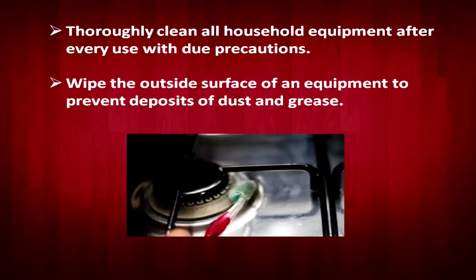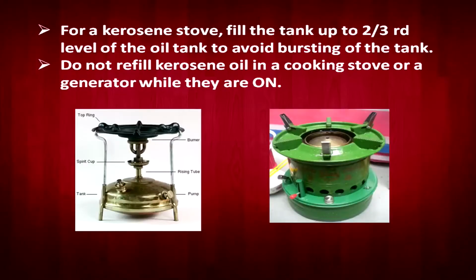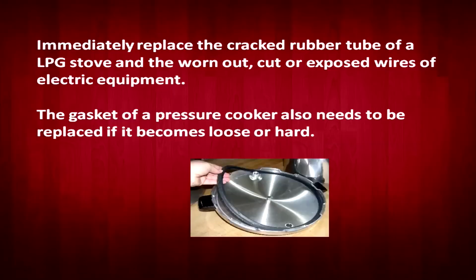Thoroughly clean all the household equipment we have mentioned earlier also. This is the fan that runs, so you don't have to tamper with this thing. You have to just keep it like that and you don't have to put your hand over it, right? Otherwise the air will not come from this vent. So we have to be very careful how to clean it, and we have to clean it regularly to prevent the dust and the grease, because all this dust and grease can easily catch fire, and that is the importance of cleaning regularly. And particularly do not clean when they are on or functioning.